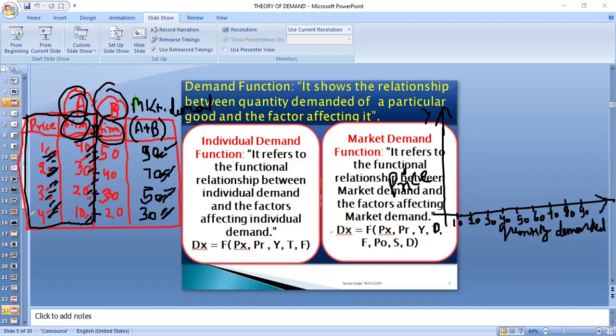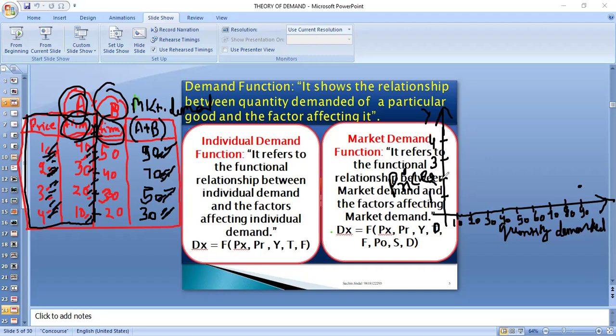Okay, and the price starts from 1 up to 4. So we can take it till 4: 1, 2, 3, 4. अच्छा ओके, वन प्राइस पर डिमांड कितनी है, 90। तो वन प्राइस पर 90, प्राइस टू पर कितनी है,